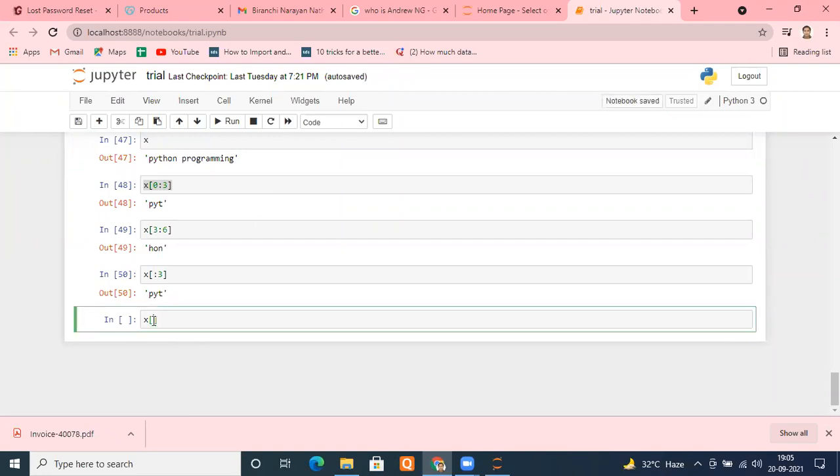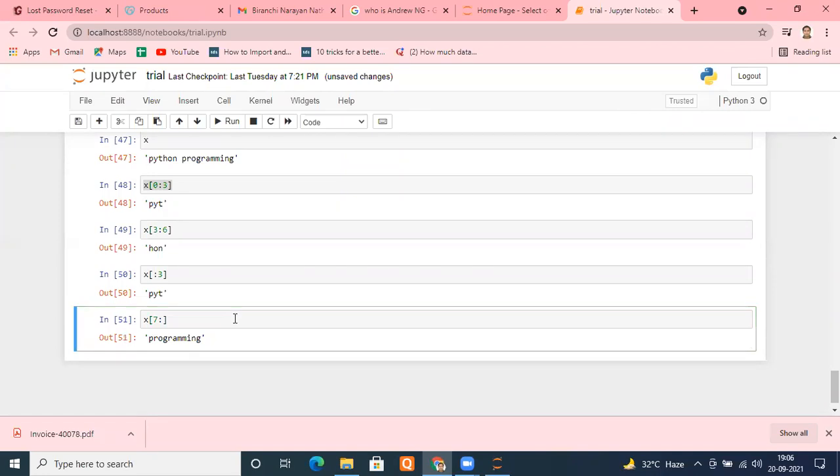So I can put 7 and just a colon. If I don't put the end index, it automatically assumes we are asking for the end of the string. If you don't specify anything, it will take the beginning and it will take the end. Let me type this and run it. Can you see that?